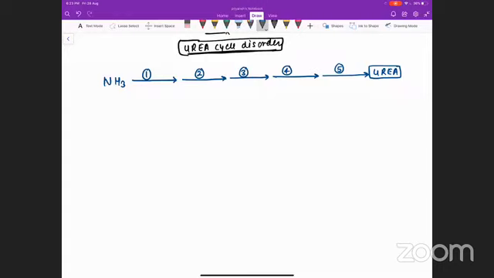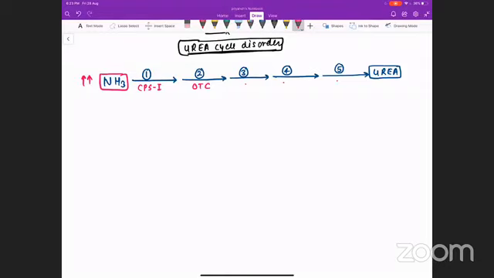If any reaction is not occurring, let's say the first reaction, the name of the enzyme was CPS1. The second enzyme was OTC. If any enzyme, whether 1, 2, 3, 4, or 5, is absent, the ammonia is unable to convert into urea and the ammonia will elevate in the body.